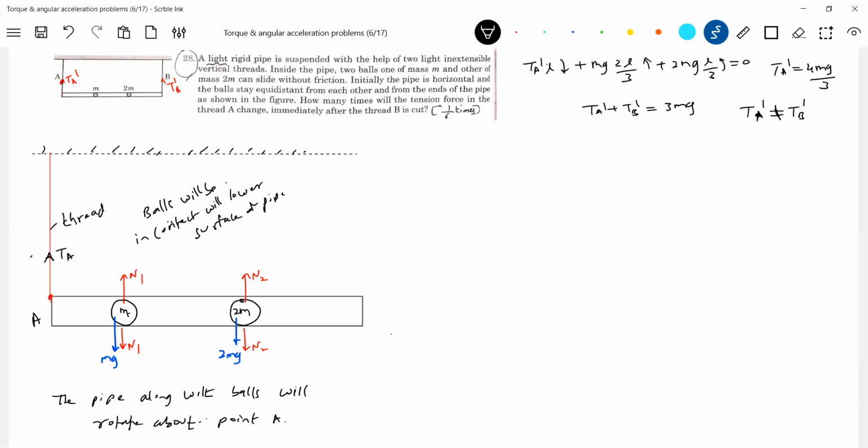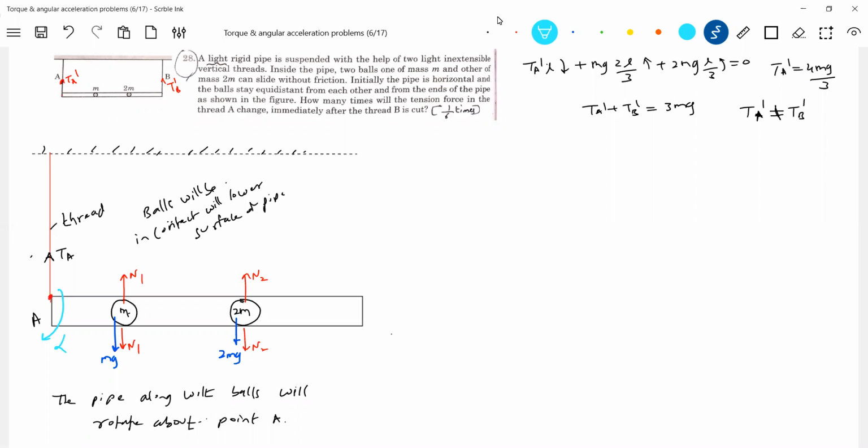In the previous problem we discussed, the same rod, when the string was cut, had both translatory and rotatory motion at that moment. So it's still justified, and the string should be taut and inextensible. If it rotates about A, since there is no acceleration of the pipe, what happens to the string? The thread will remain taut and inextensible. There won't be a problem. So the whole system will rotate about point A. Are you getting the idea? Only rotational motion, you can say.